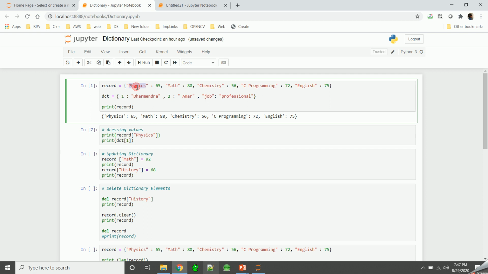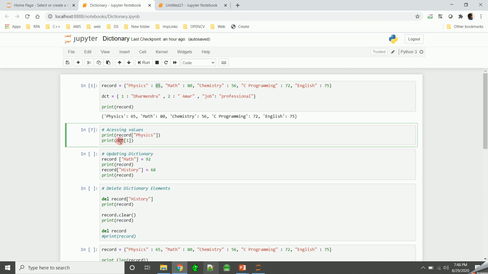Okay, now let's see accessing the value from the dictionary. Here physics is the key. In this case, we are using this key to access the value. When I say record of physics, it should give me value 65, because for this key this is the value.